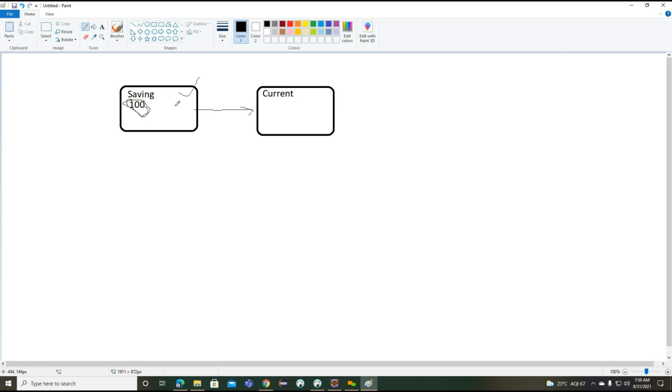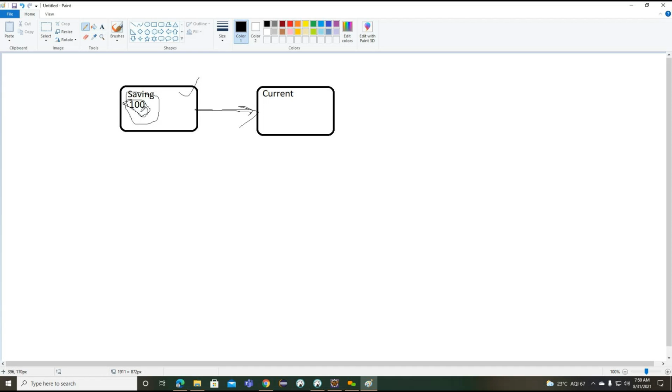The bank people can get the benefit here. Why? Because the amount is debited from the savings account, but it is not credited into this particular current account here, right? So here the bank people are getting the advantage. In the same way, one more operation here.